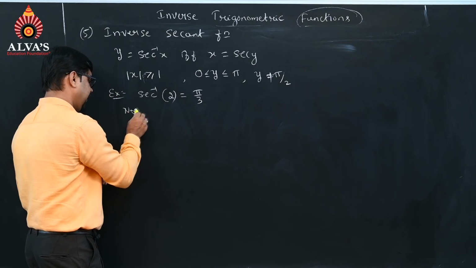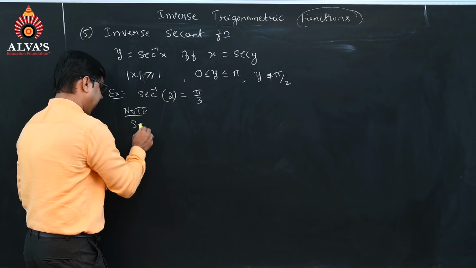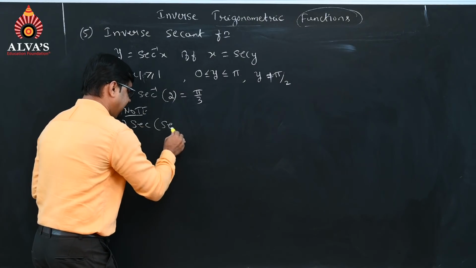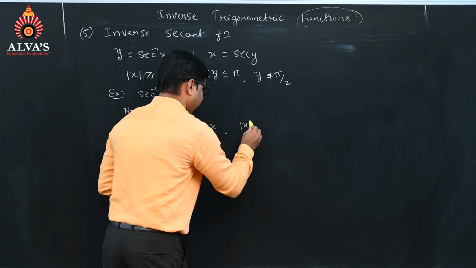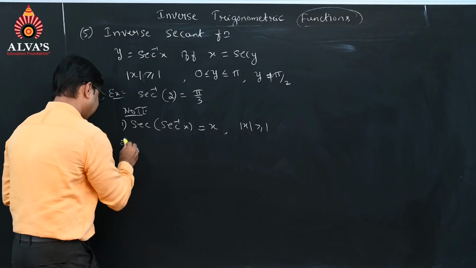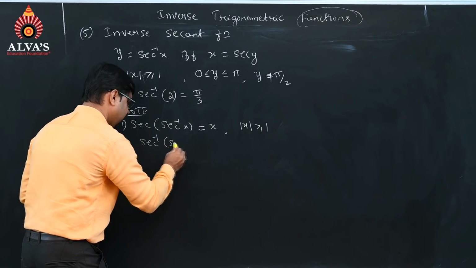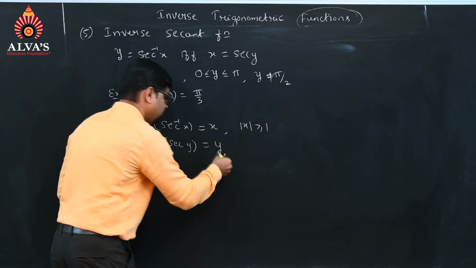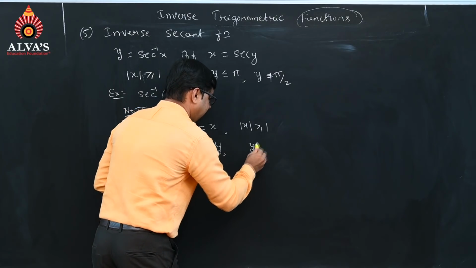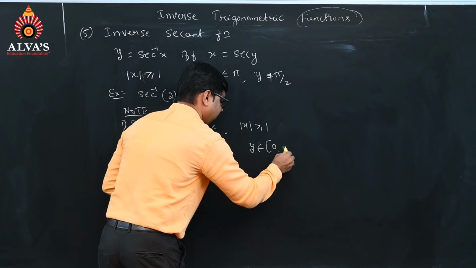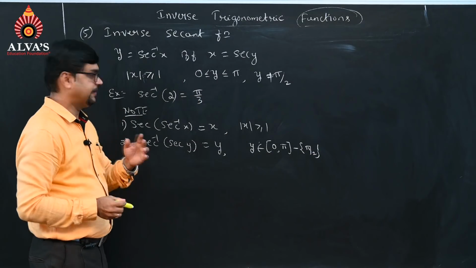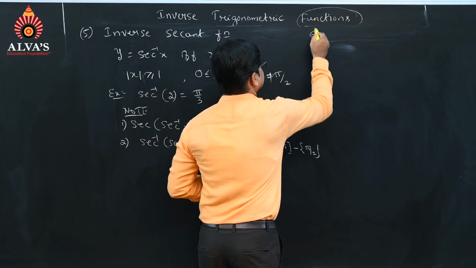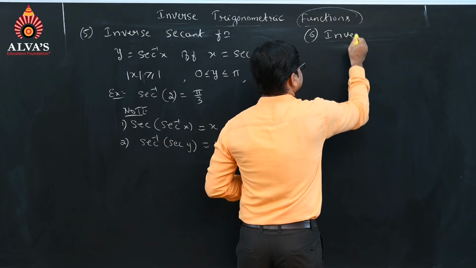Here also we will take the two notes. Secant of secant inverse x we can write directly as x, where mod x is greater than or equal to 1, and the second one, secant inverse of secant y equals y, where y belongs to the closed interval 0 to pi except pi by 2. And the last definition, the sixth one, is the inverse